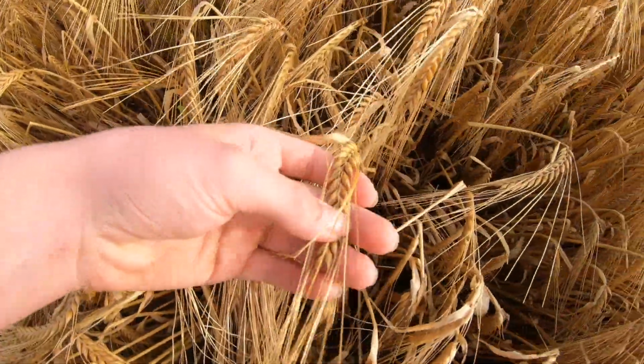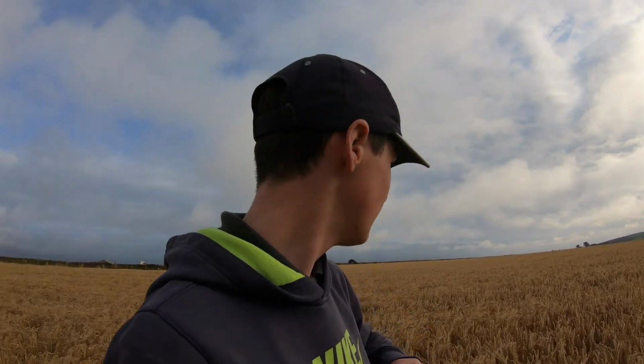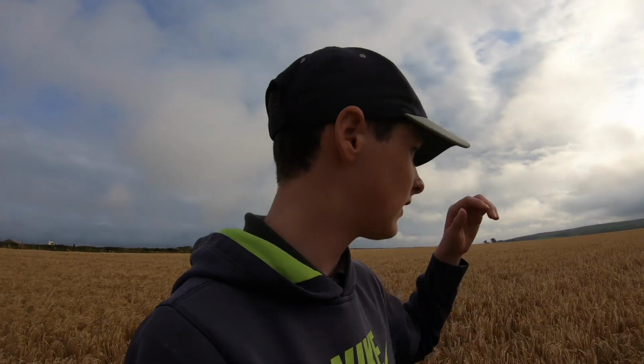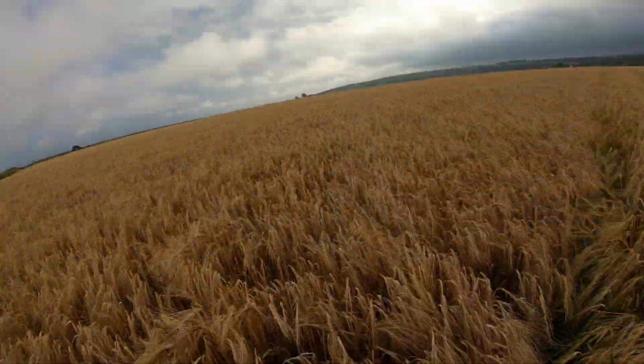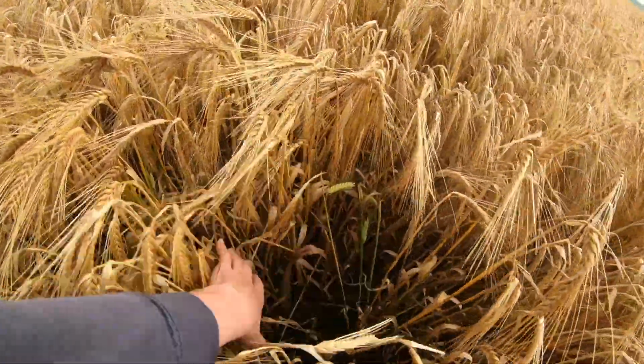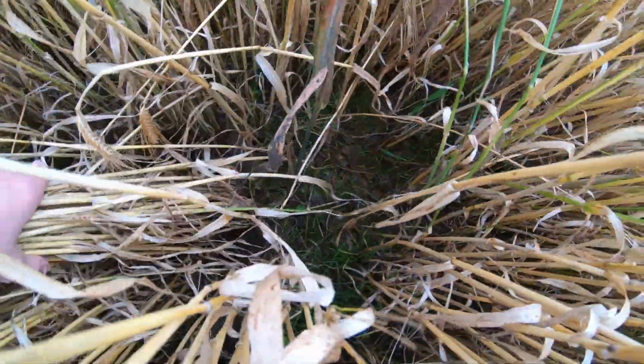So I would go far enough to say that this is the best crop of spring barley we've had off this field since we've grown cereals in these fields. I'd say this is the best crop of cereals we've had off them. So that's a positive. And it is quite clean, but you can see a few weeds coming down the bottom,